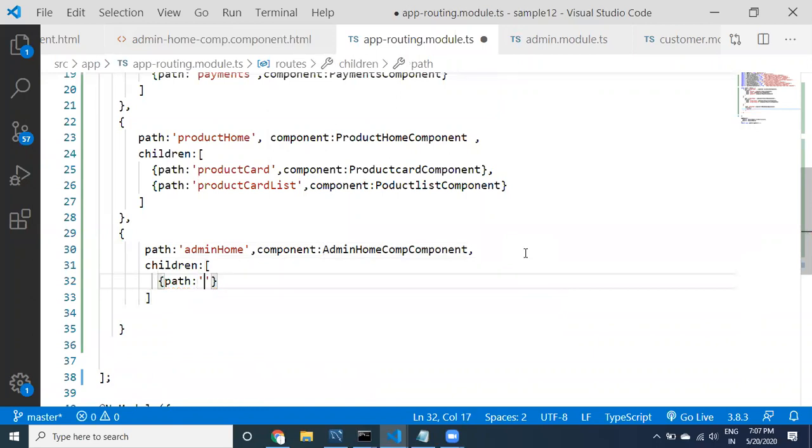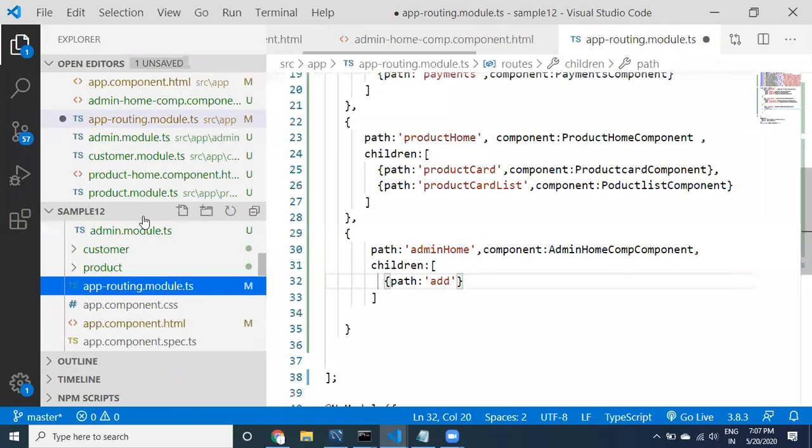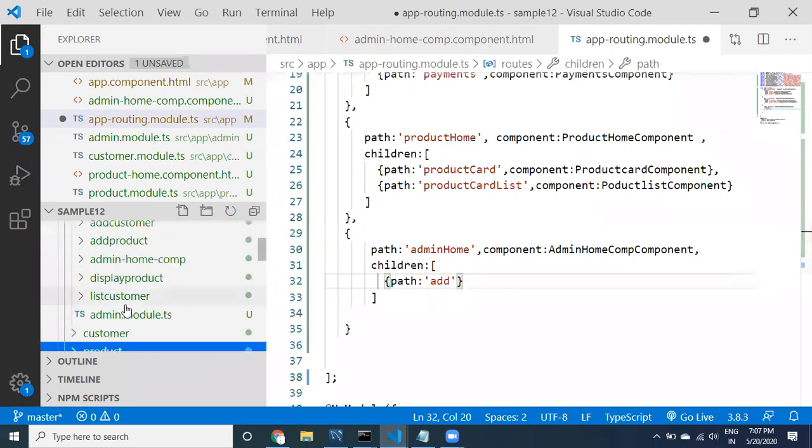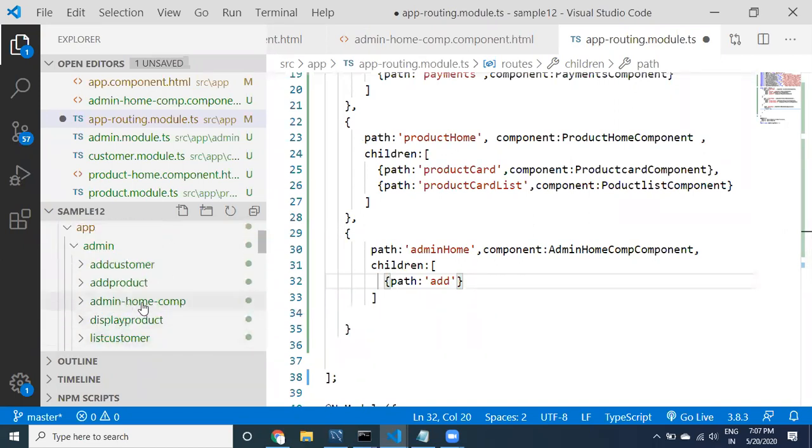What is the path now? Within the admin, don't take admin home, it will be like a loop. Taking admin home inside the admin home may come under the concept of an unlimited loop, because we have already taken admin home in the parent.